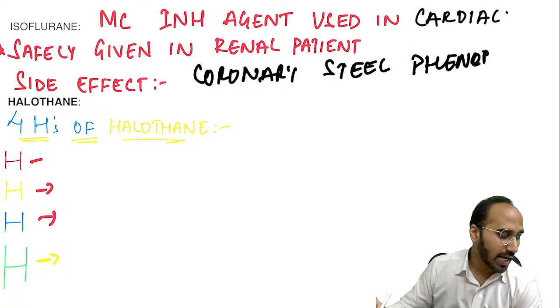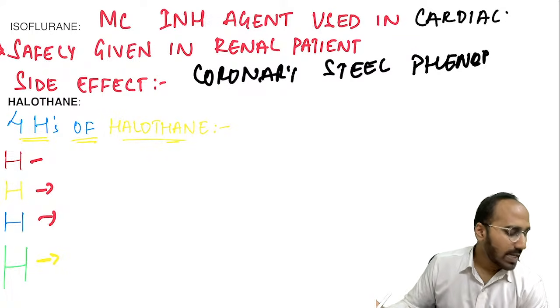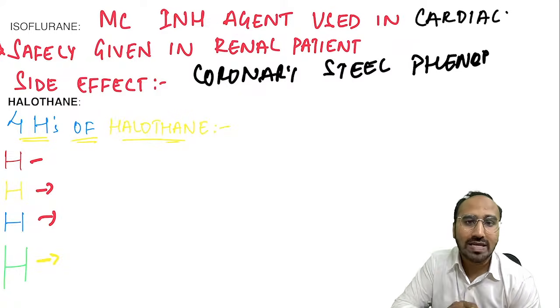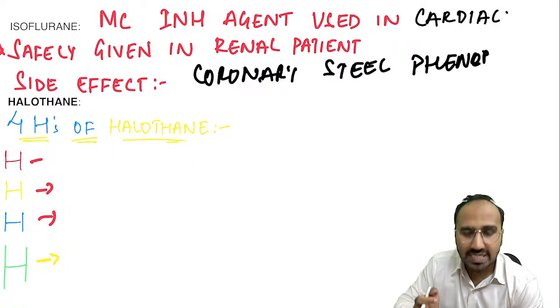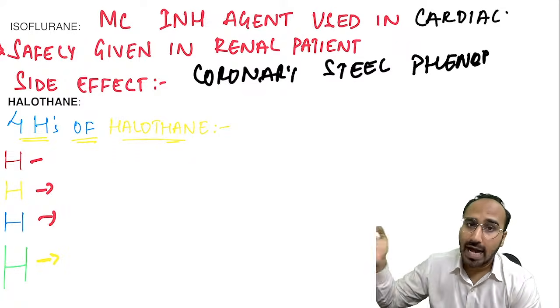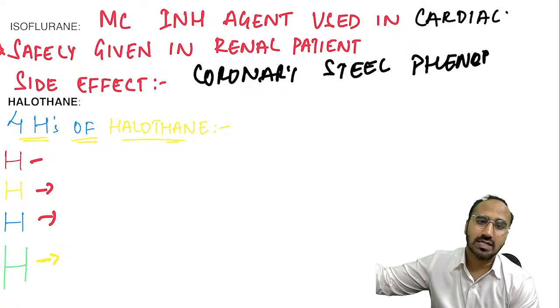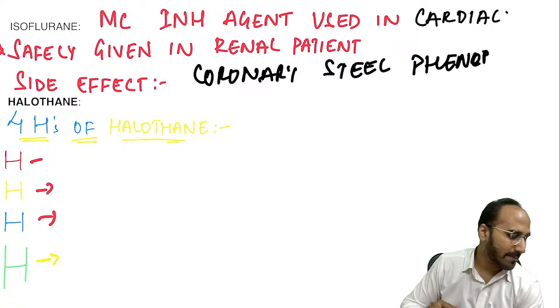Next, halothane. Halothane is very, very important. Yes, brother, look, methoxyflurane is lowest, but we are not using that. Methoxyflurane has a MAC value of 0.16, halothane has a MAC value of 0.75, so methoxyflurane is the lowest but again we are not using that. That's why go with the mnemonic HISD. Okay,